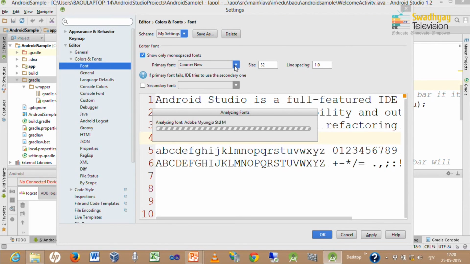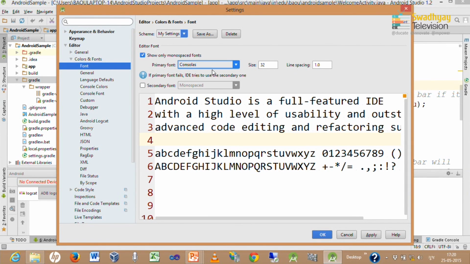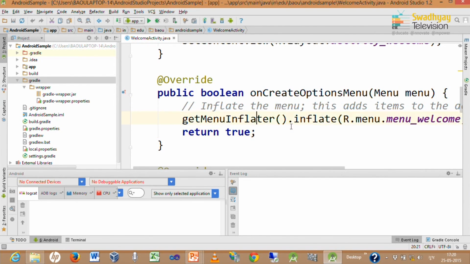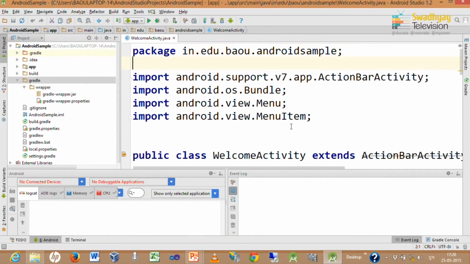We can also set a different font for our code by selecting these fonts. Android is currently fetching all the fonts available in the system. Here you can see the list of fonts that are available. Suppose I want to use this font, then I can press Apply or OK. Now you can see the font size is changed to a larger font.